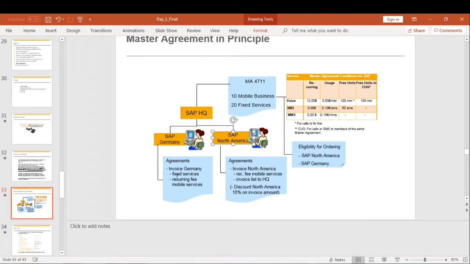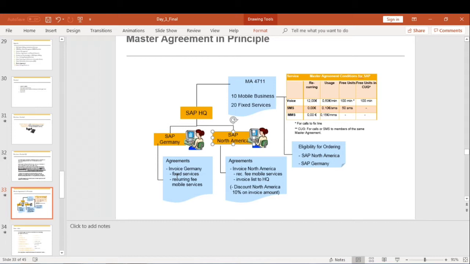So in the master agreement we have three types: ordering side, invoice agreement, and invoice list agreement. In ordering, we can specify only certain products to certain customers. I have given you an example, right? If you take the defense or military side, they will sell the goods only to military people, not to normal people. So there will be specific products only for certain people. That we can define on the ordering side.